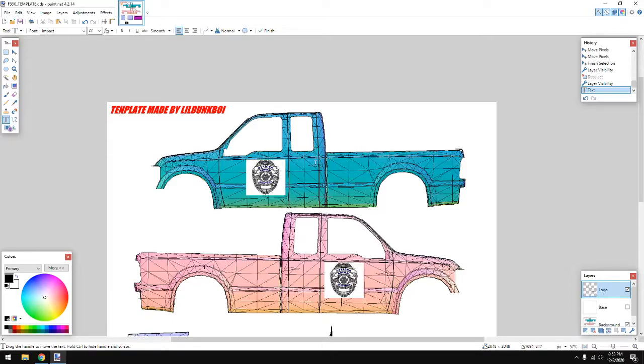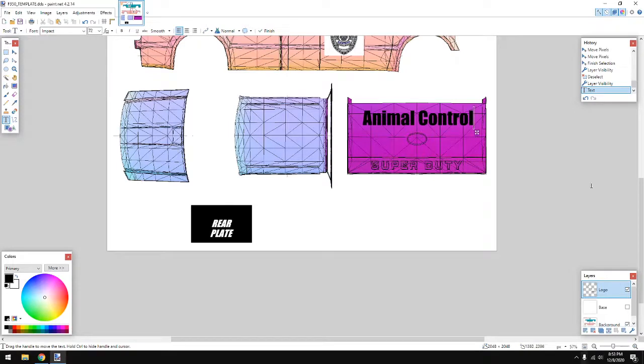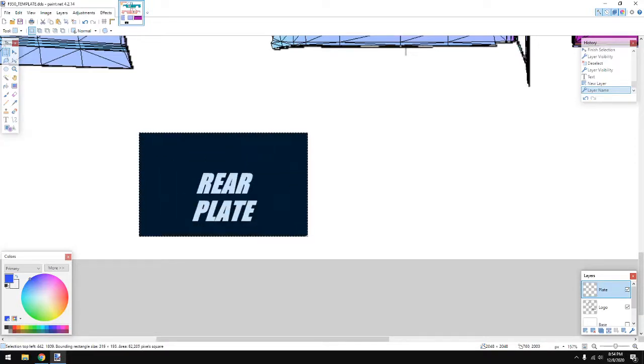I don't see any issues here with this. I think this is what we're going to use. I am going to put a blue square over the license plate, however, just so we know that it's there. Let me make a new layer for this. We'll call this plate. To get that menu, by the way, guys, I'm just double clicking the layer and it brings that menu right up for me. We're just going to drag right on over here,